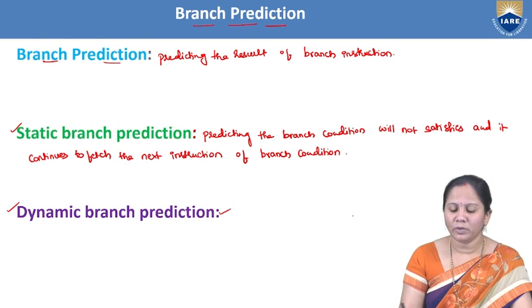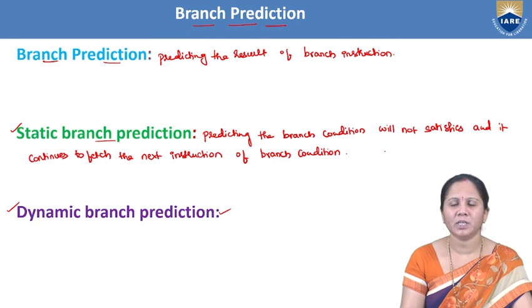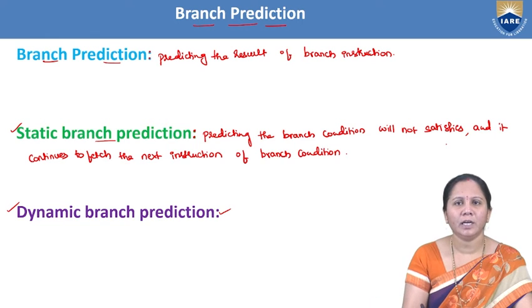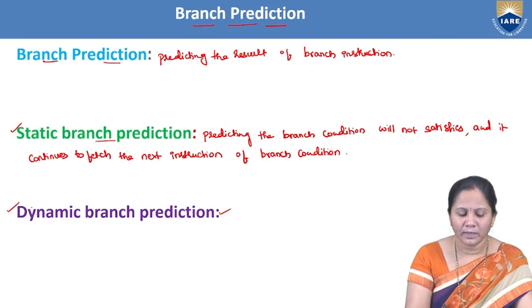Okay, so here static branch prediction means predicting the branch condition will not be satisfied, and it continues to fetch the next instruction after the branch condition. We will see with an example. And here, what is meant by